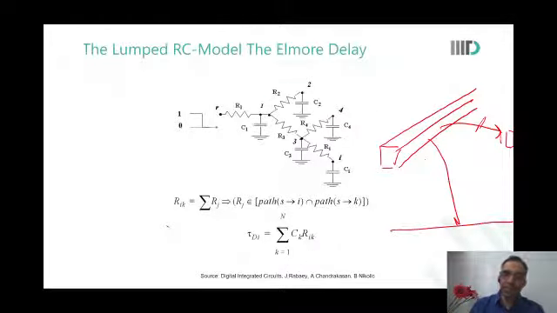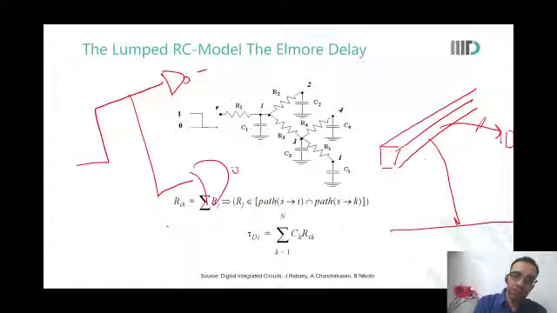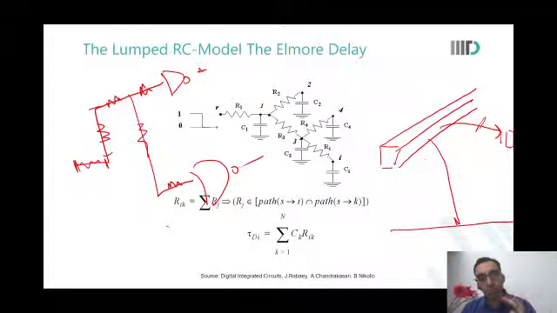So say I had this wire going from here to the inverter, and then it took a turn and went into a NOR gate or something. A distributed RC network would say, I want to make an RC of this, a separate RC of this, and of this, and so on. And this is just the schematic view. As soon as I make the layout view, you will see the metal would have moved from metal 1 to metal 2 through a via.